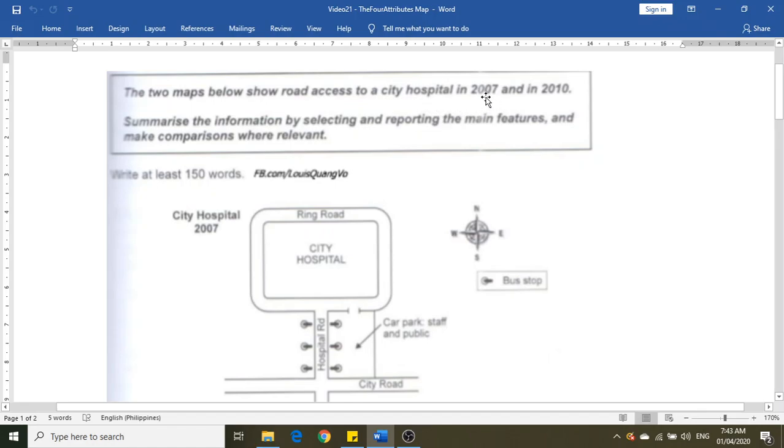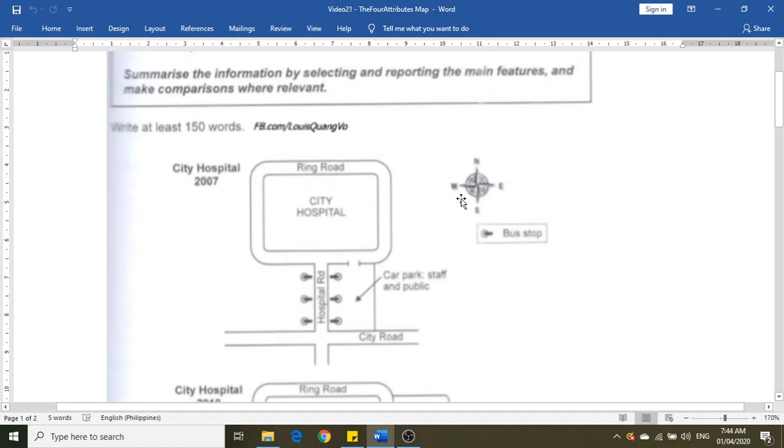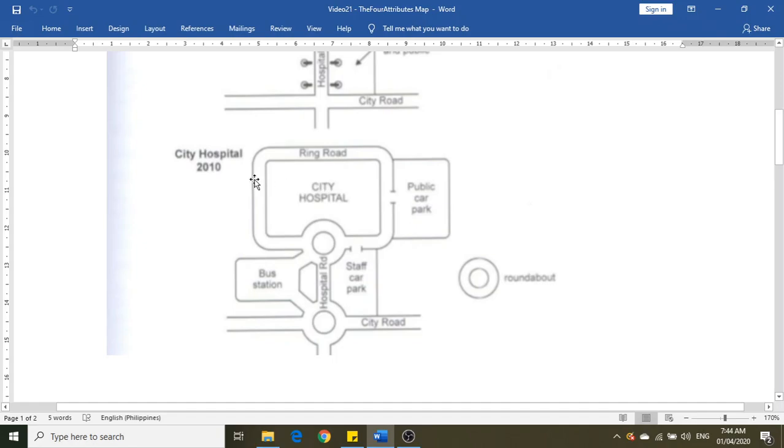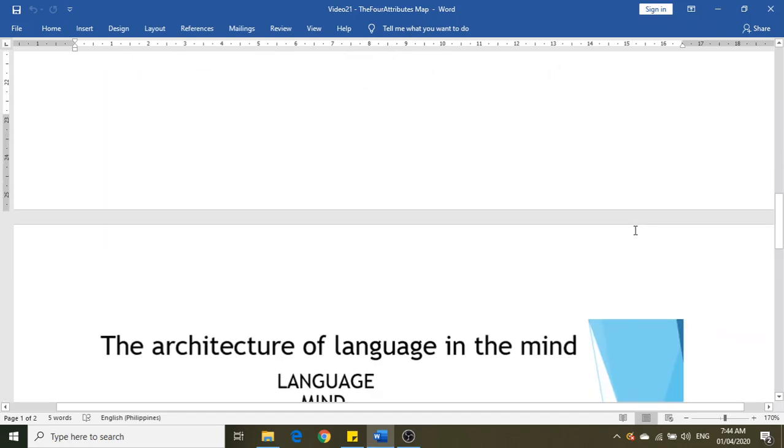That's from 2007 and 2010. So there are the 2007 figures, and then the 2010 figures are over here. So you can see some changes with regard to the traffic flow. For maps, let me first go into the